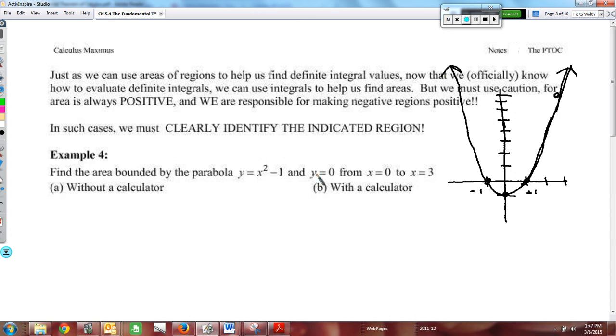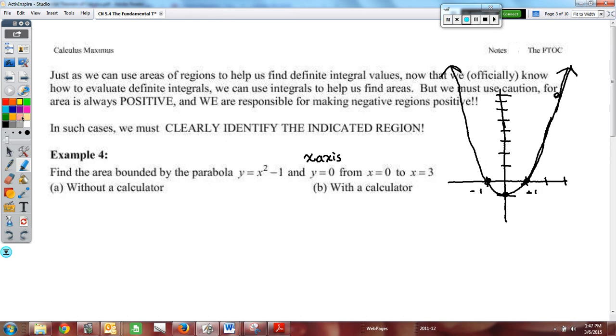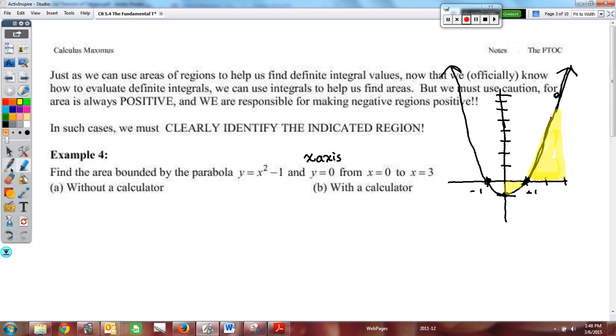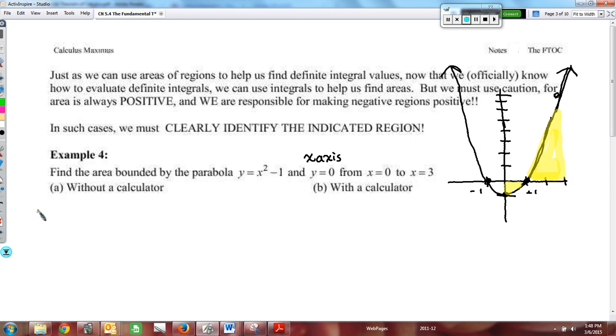Okay, and we're going from y equal to 0. Now we have to always remember in our head y equal to 0 is the x-axis. So now I'm going to go ahead and start trying to figure out my area that I'm looking for. So I'm finding the area bounded by the parabola, the x-axis, x equal to 0, up to x equal to 3. So now notice that because this is above and below, that when I am going to calculate this area, I have to recognize that the area using the definite integrals, that you're going to have a problem for this